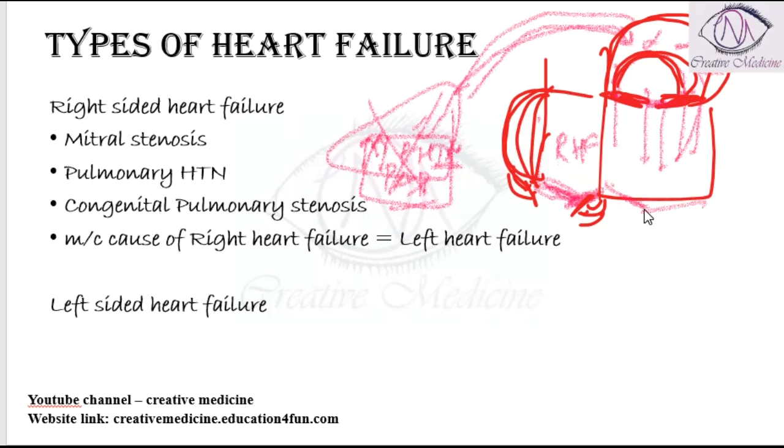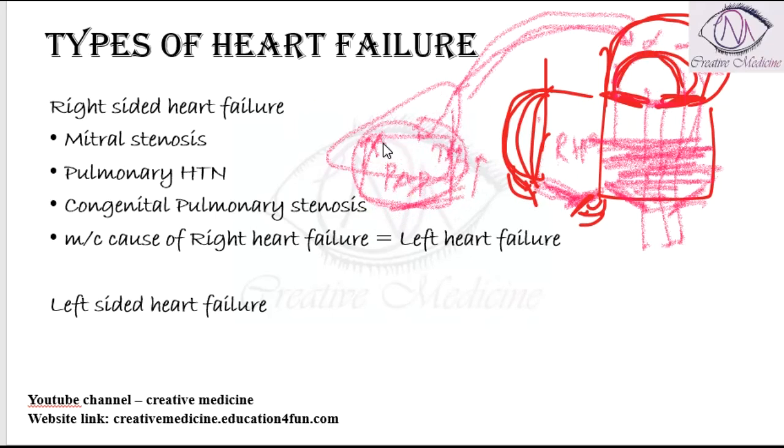If the left heart has failed, it cannot pump the blood into the aorta, and as a result more blood accumulates in the left ventricle. Because of this high blood volume in the left ventricle, the left atrium has to work hard to pump the blood into the left ventricle. Slowly, even the left atrium undergoes hypertrophy and the pressure in the left atrium increases. Now the pulmonary artery will again have to work hard to send the blood into the left atrium, and as a result pulmonary arterial pressure also increases.